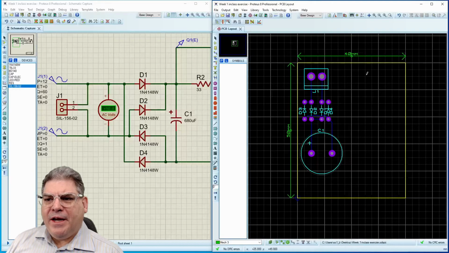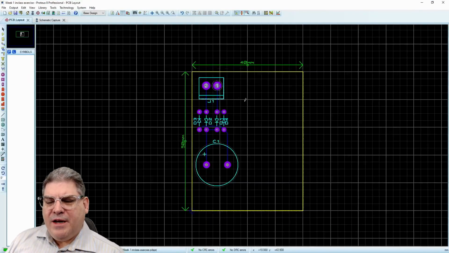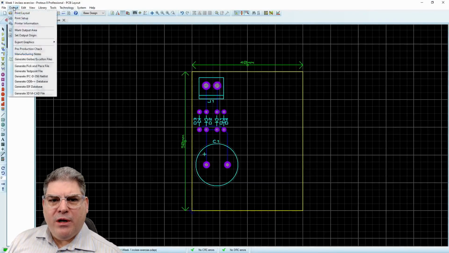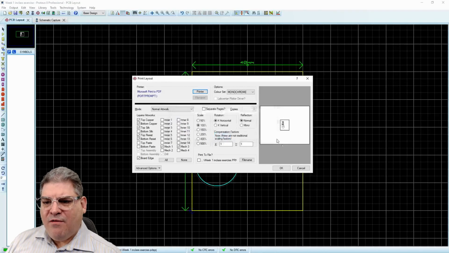All right. I guess the last thing that we need to talk about is how to output this. If I ever ask you to give me a PDF of it, the idea here is that we want to go to output instead of a file. We want to go to print layout, and you can see that we have our layout, and you can zoom in if you wish. Okay, and instead of monochrome, if we say white paper, what it will do is it will allow us to